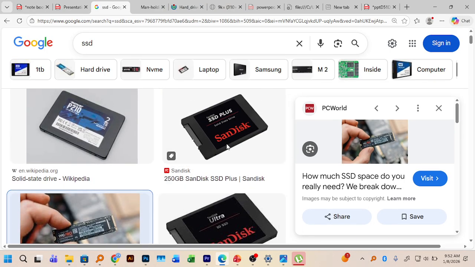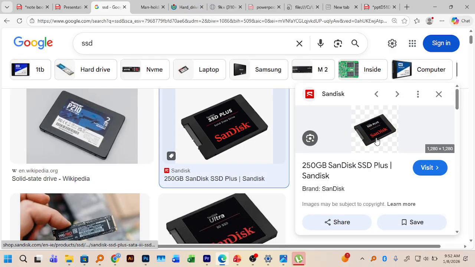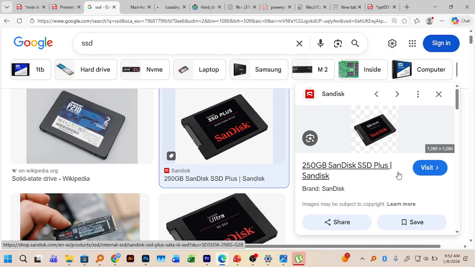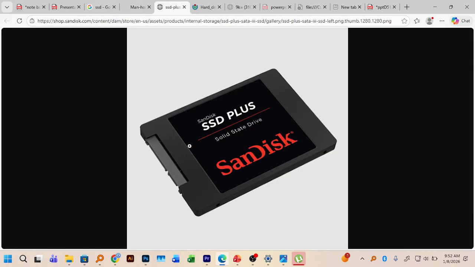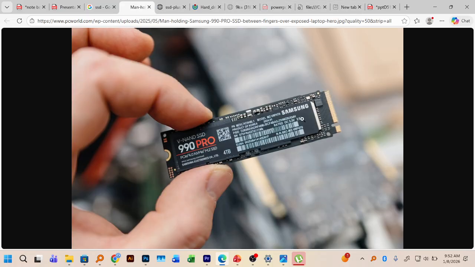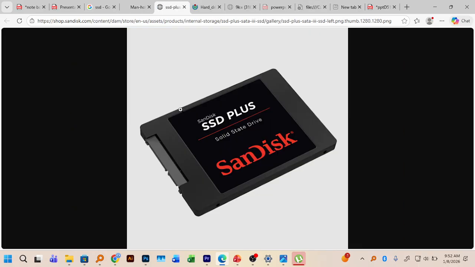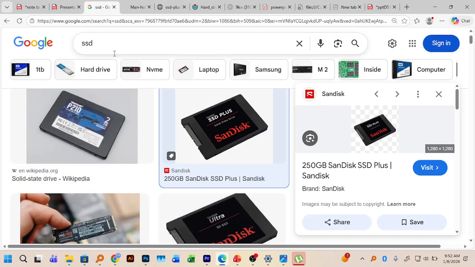Then we can have such an SSD. This is also an SSD. But this particular SSD was made for computers that don't have a slot that can take the other kind of SSD. We are saying both of these are SSDs. Just that this kind is one that I can use to replace